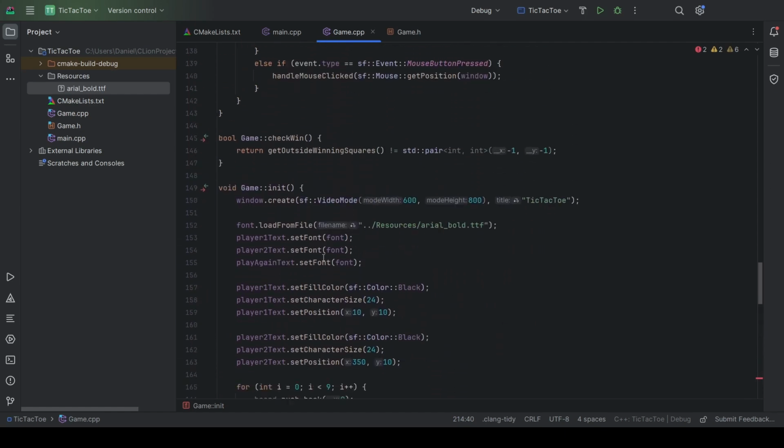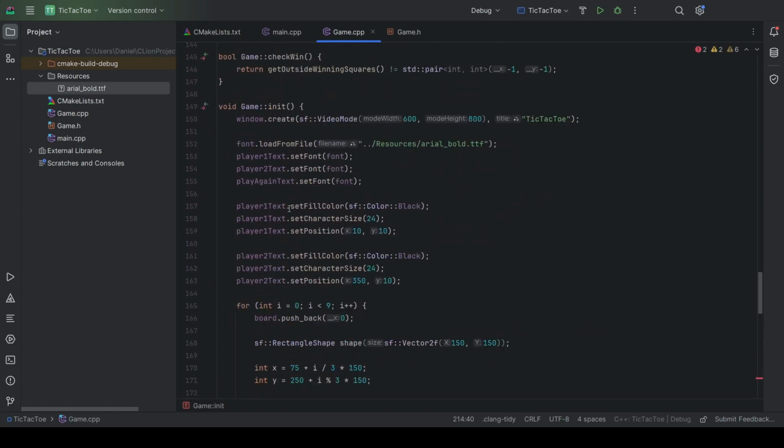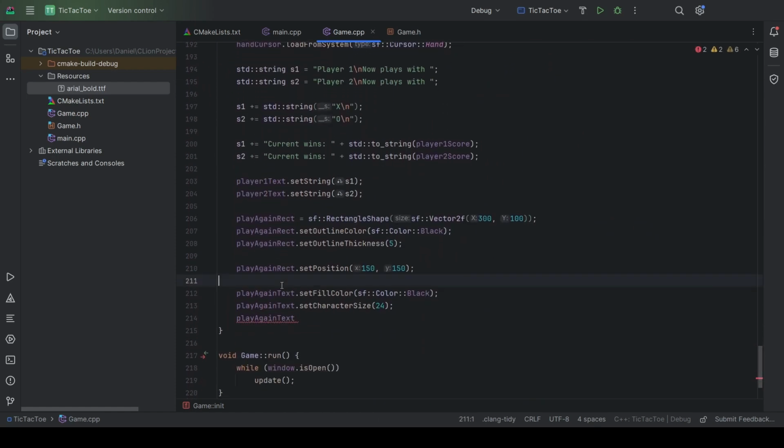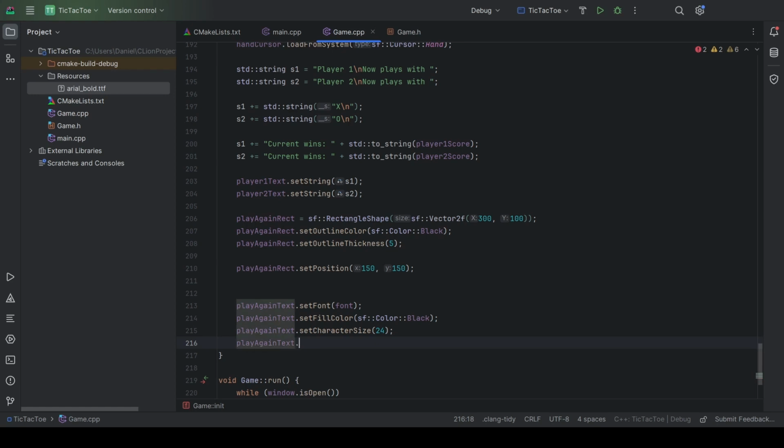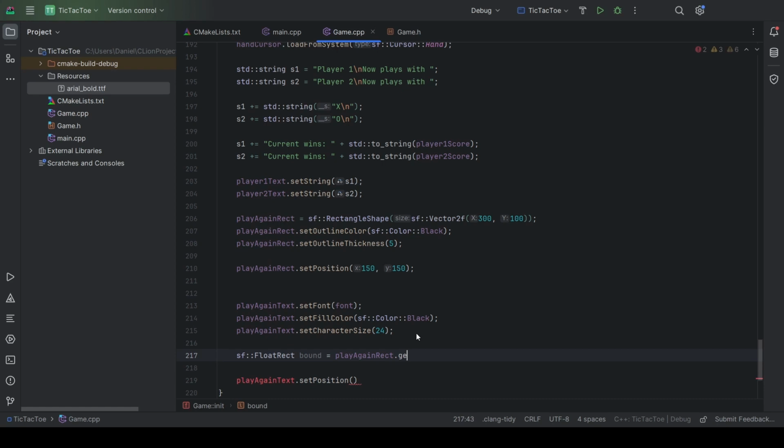And its font here, setting its font, and set position to, first of all I'm gonna save the bounds of the shape, and set position to bounds